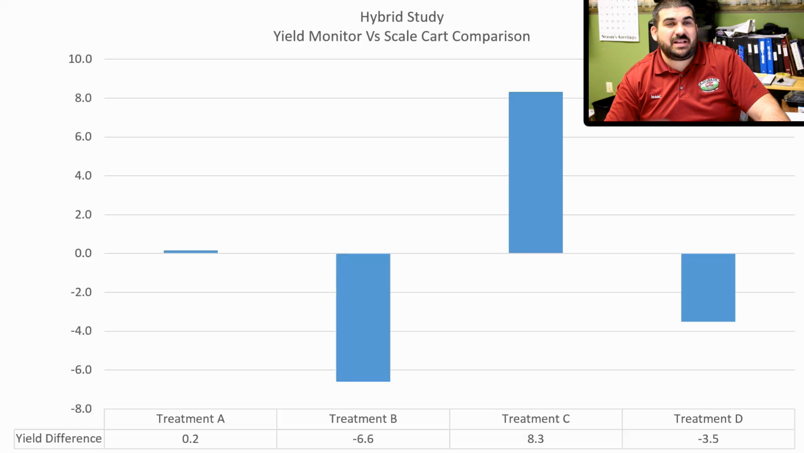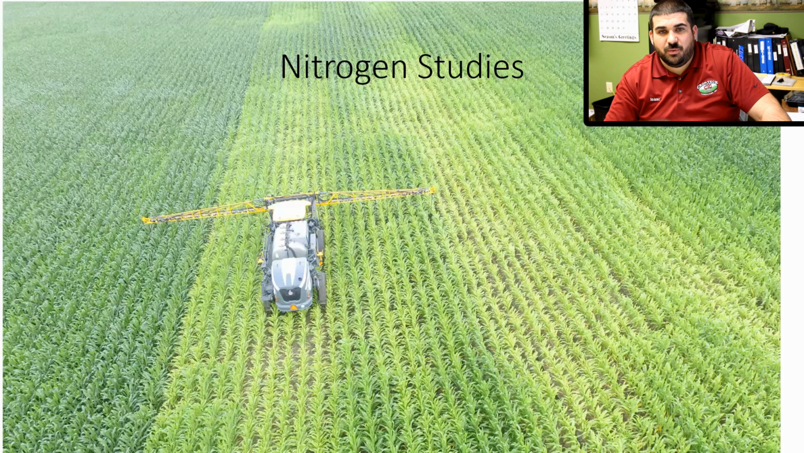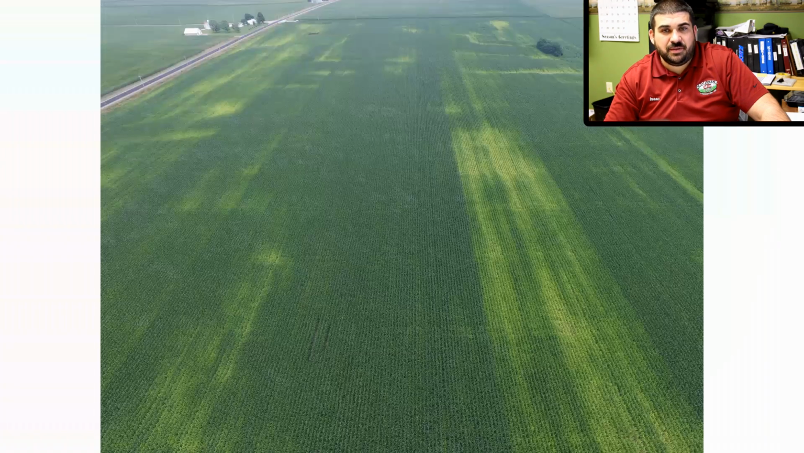Yield monitor data makes data extraction by soil type or zones within the field possible, which is great, which is what we need to focus on, and we'll actually talk about next week. But we still have to back that up, kind of a trust but verify, to make sure that as we change the practices in the field, are we changing conditions enough that yield monitor is starting to introduce error into those readings. And if we're doing fungicide applications, we're doing nitrogen studies,